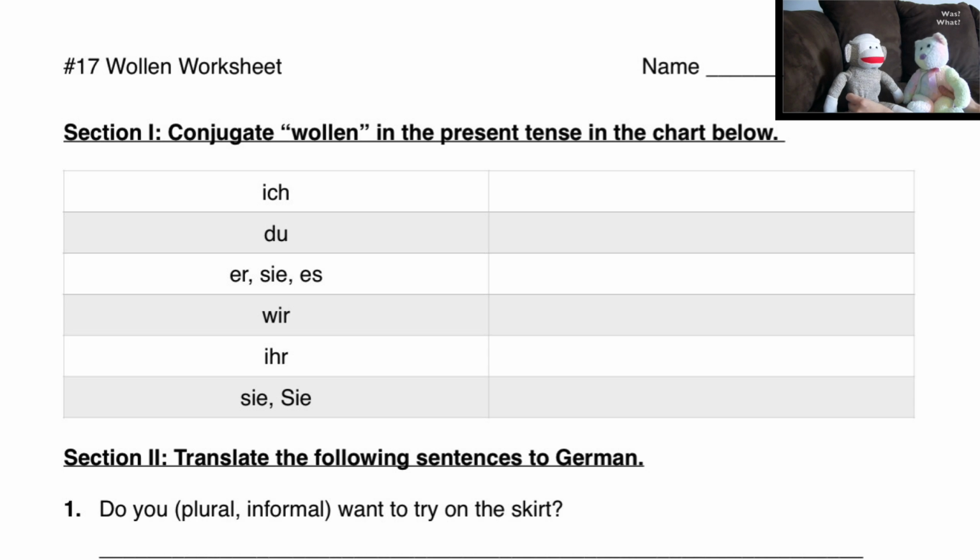In the meantime, let's go ahead and get the conjugation out of the way. First of all, you know the ich version, Ich will, because that's the Rammstein reference I just made. And if you haven't seen that, there's a link over there.